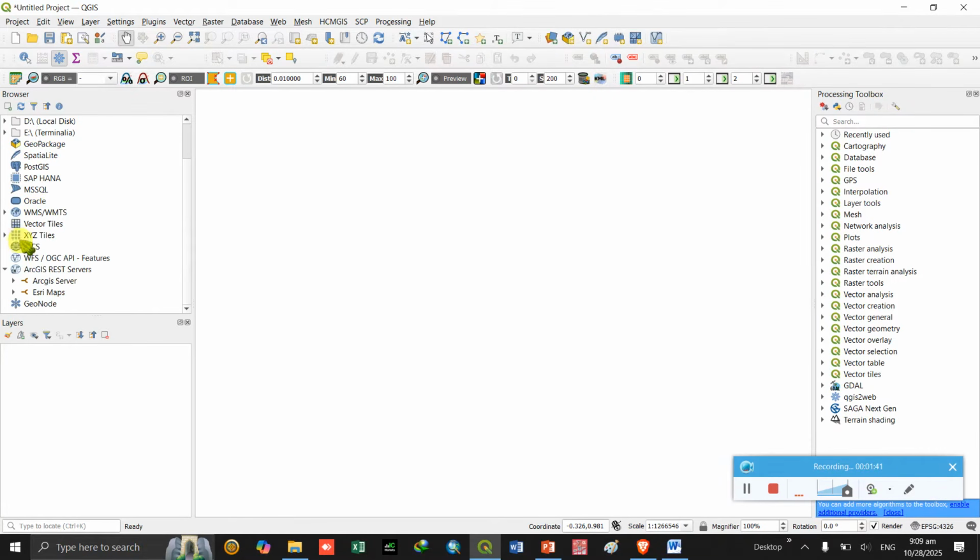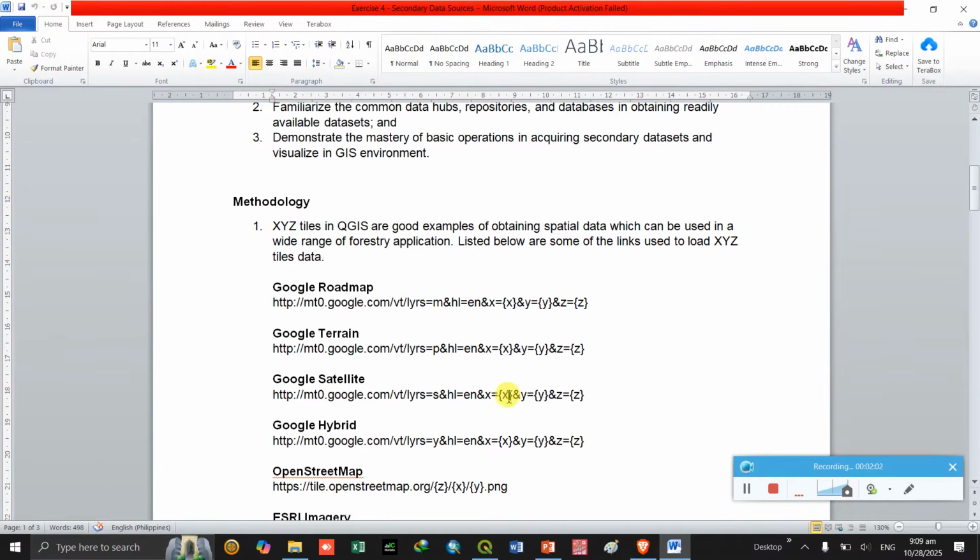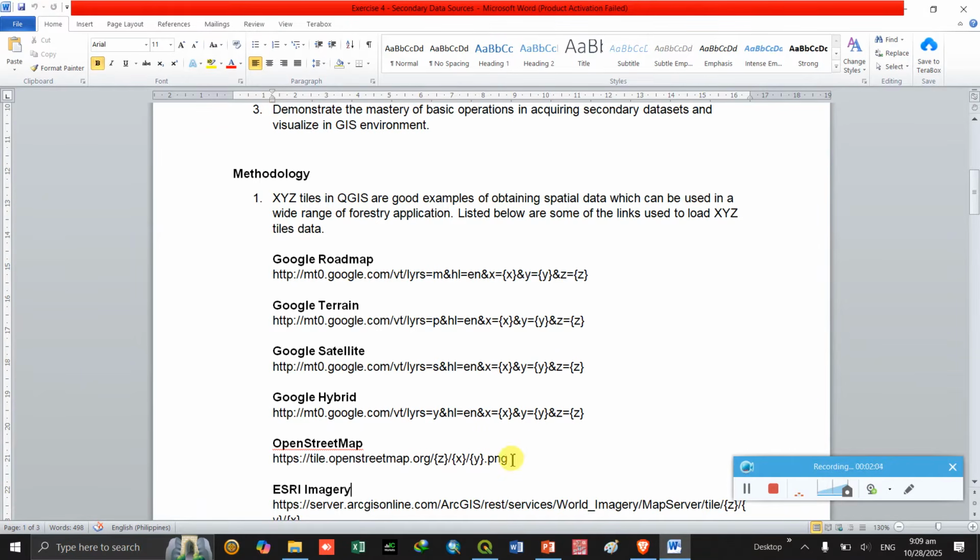Under the XYZ tiles, there are some of the default base maps based on the pre-installed XYZ tiles. To install the different XYZ tiles provided in the exercise, we need to add them using these URLs.